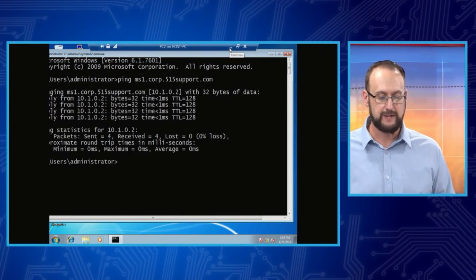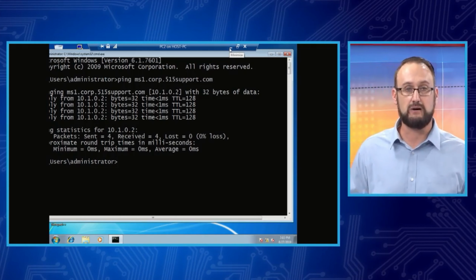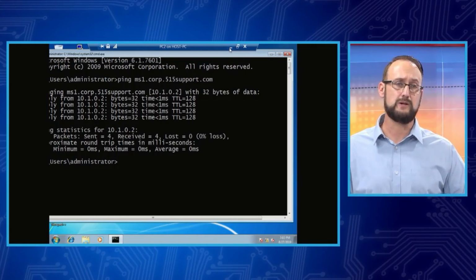So in the last step here, now that we verified full system functionality, we can document our findings and our outcomes. And that is an example of how we